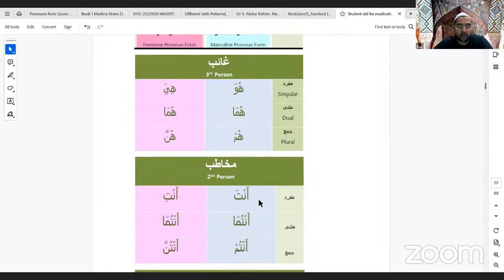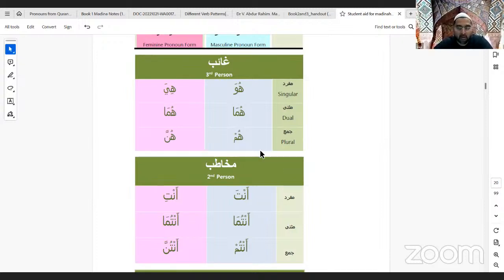So these are the pronouns. There are 6 pronouns for the third person in a conversation. You have the dynamics of 3 individuals: I, you, and he or she. I am the speaker. The second person, who is the addressee, the mukhatab, is called the second person, and the third person is passive in the conversation, so he's treated as the third person. So these are the pronouns.